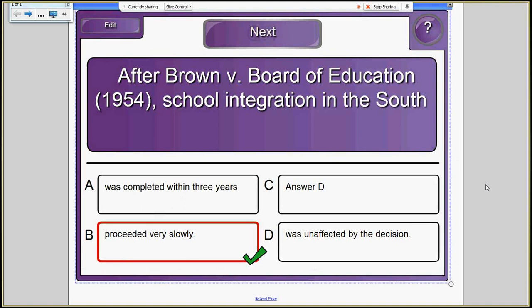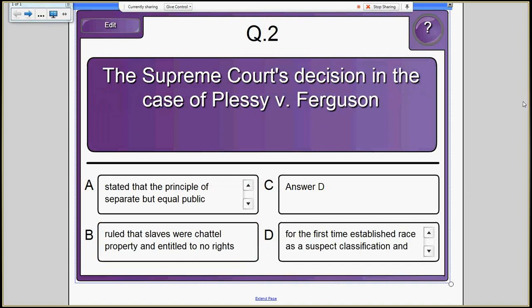Brown also shows the reality that if the court had ordered immediate desegregation of all Southern schools, it was likely not to be enforced by the executive branch, and then the courts would have been unlikely to get Congress to impeach the president. So after Brown, desegregation goes very slowly, and it's not until 1972 that you actually see the court ordering busing, and shortly after they order busing, the court decides you can only bus within a school district boundary. Next case, Plessy v.